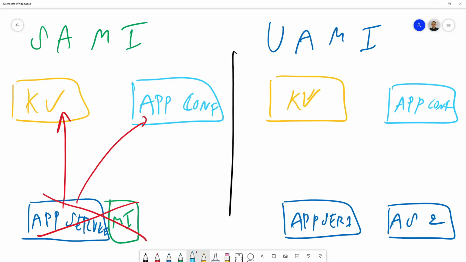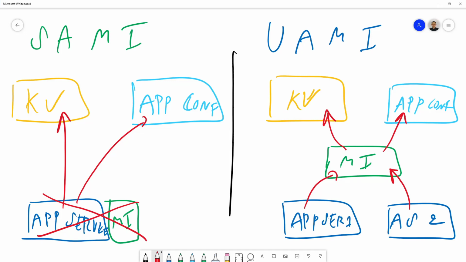So the idea would be to create this managed identity, the user assigned managed identity, then we'll tell the first service and the second service to use this identity, and from this identity we'll add the role assignment. So the role assignment is related to the managed identity, not to the service directly. So here, if we delete the first service or the second service, we still have this user assigned managed identity, since it's a standalone